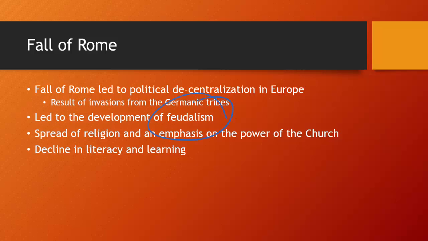So I want you to think about when we talked about Europe during 600 to 1450. What impact did political decentralization, what impact did feudalism have on the culture of Europe, of Western Europe? Because you could still be talking about France, you could be talking about Italy, you could be talking about Spain. Those would all be parts of the Mediterranean world, and those would all be parts of Europe. So we see that Christianity becomes the dividing power.